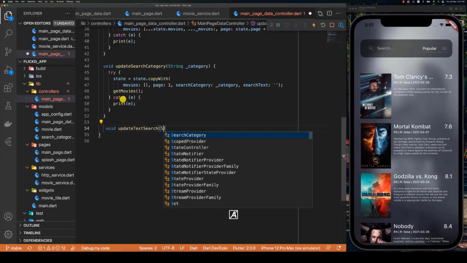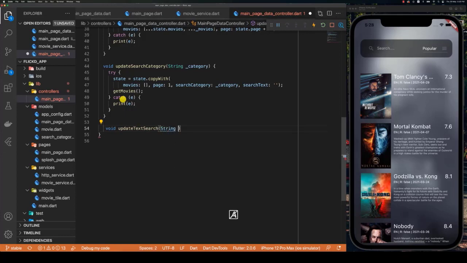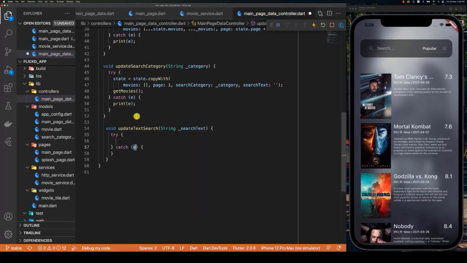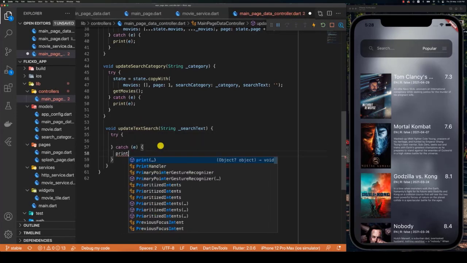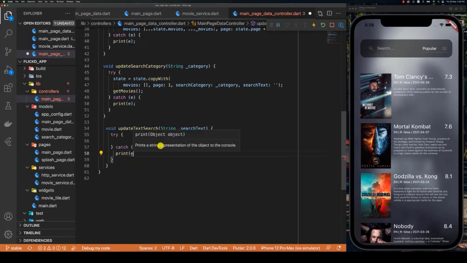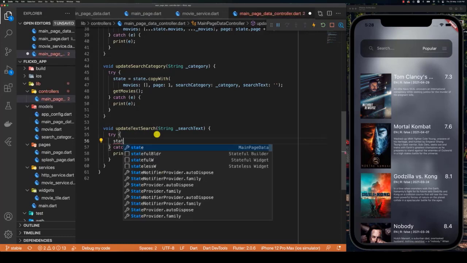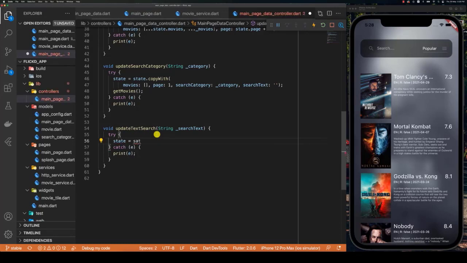And then I'm going to say that this is also going to get a string, which is going to be the search text. And then inside of here, I'm going to have a try catch block. And inside of the catch block, I'm just going to print the error. And then inside of the try block, I'm going to do the same thing that I've done previously, where I'll update the state by doing state